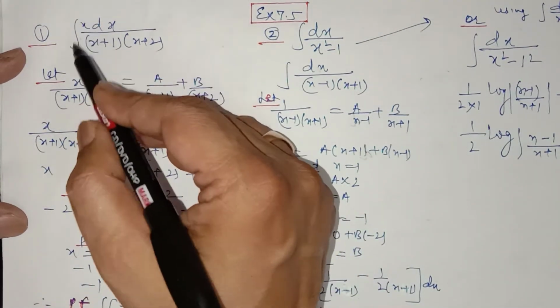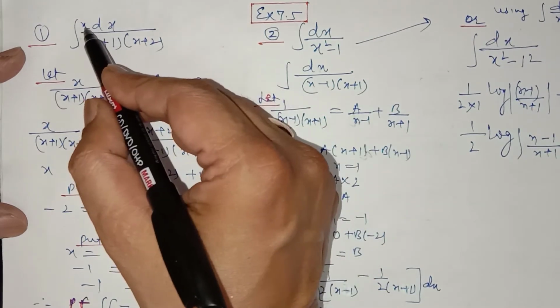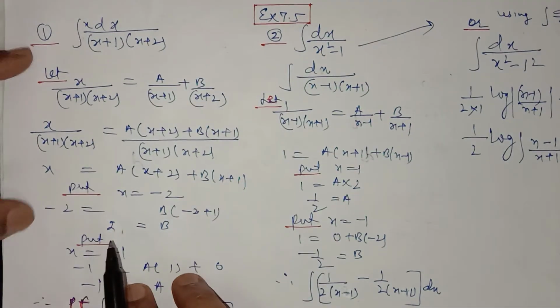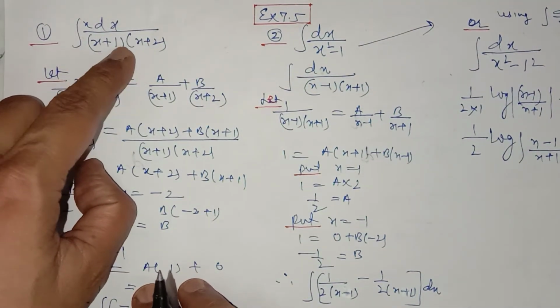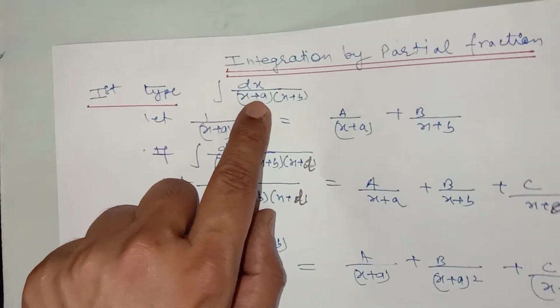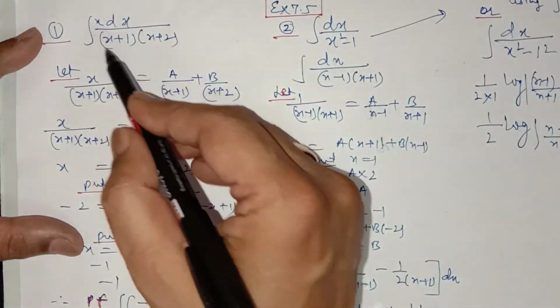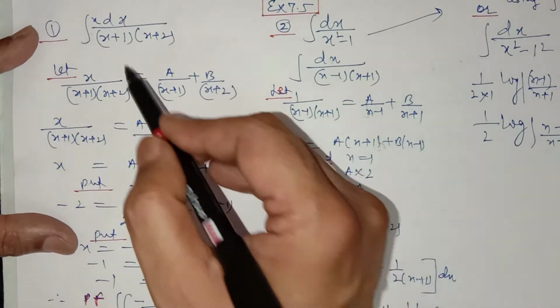Now this is the integration of x upon x plus 1 into x plus 2. So this is making the partial fraction of the first type. We have factors of linear polynomials in the denominator. That is the first type we have, this type. So what you have to let? You have to let it like this. Let x upon x plus 1, x plus 2 is equal to a upon the first factor, b upon